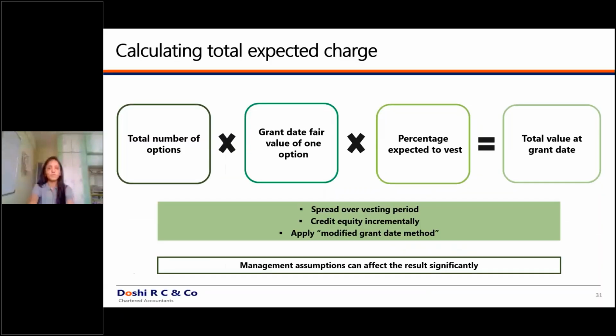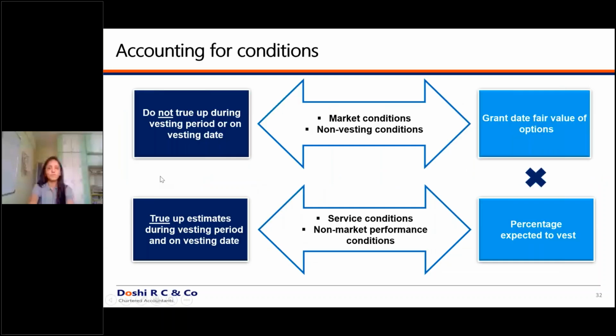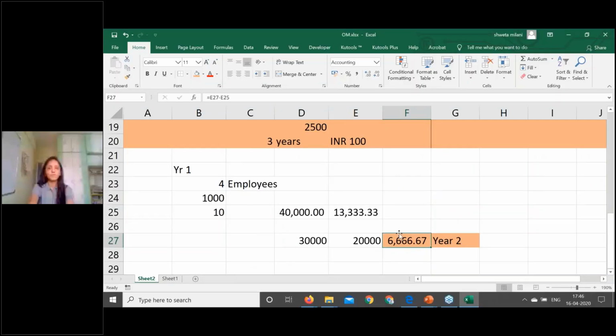This truing up also we discussed. This truing up is nothing but whatever is the change in the number of shares. In year 2, you decide as good as what would have been the expenditure for the period of 2 years. If only 30,000 options were vested, what would be the number? What would be the expenditure after a period of 2 years? And accordingly, only the difference is charged to the statement of profit and loss, and the balance is amortized